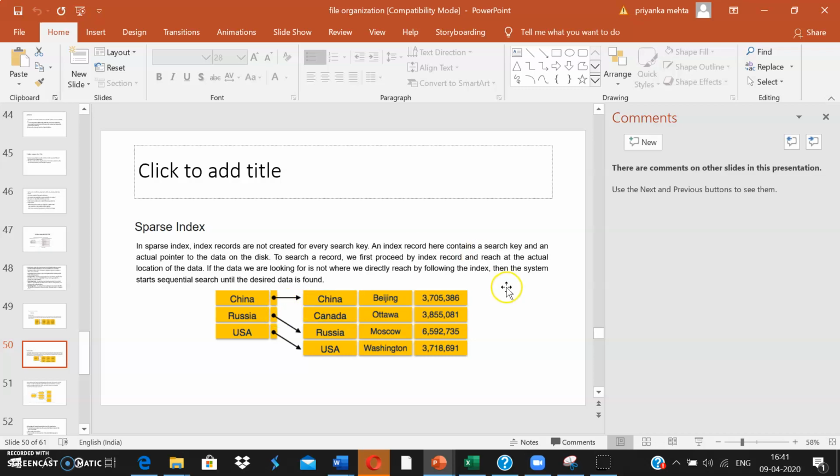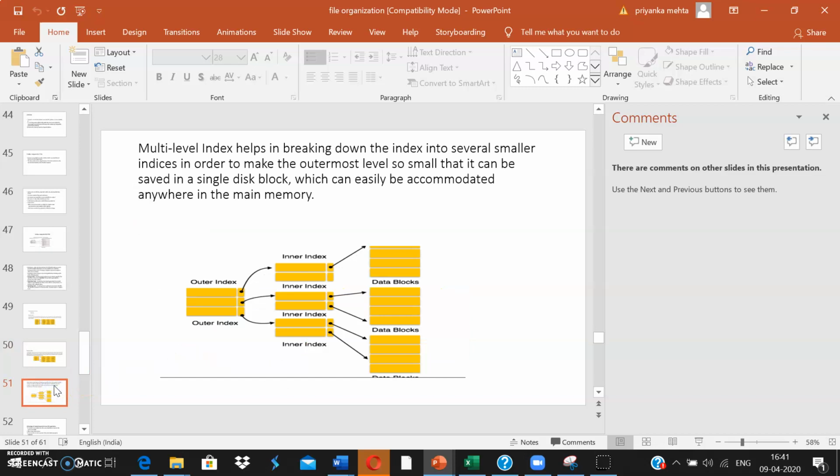To search a record, we have to proceed sequentially. For example, I have an index for China, and any country starting from China, I'm going to access the address. I'm going to reach this particular block, and then I'm going to sequentially search in this block. So these are known as sparse indexes, in which the index is not there for every record of my data.